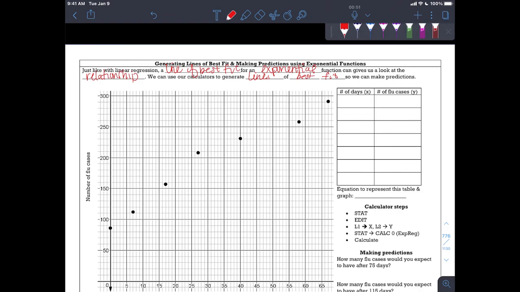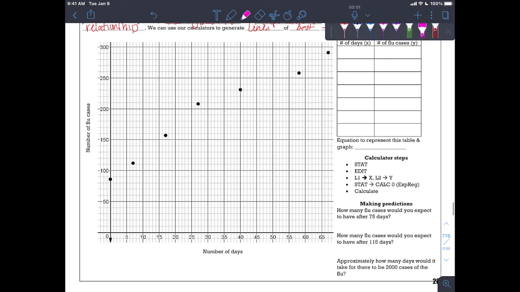First thing I want to do is go through and identify what each of these points is. Down here on my x-axis, I have number of days, and over here on my y-axis, I have number of cases. So at 0, I had approximately 87.5. Over here on day number 7, I had approximately 112.5. Over here on day 17, I had approximately 157.5. Over here on day 27, I had approximately